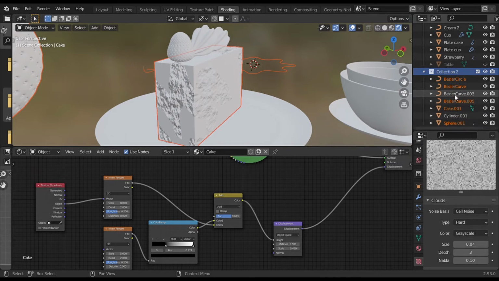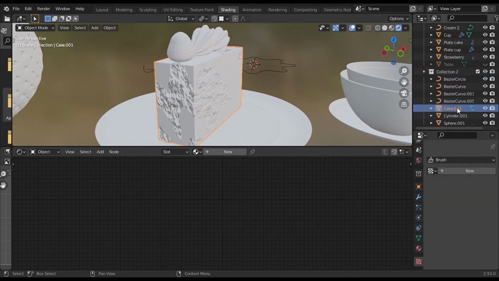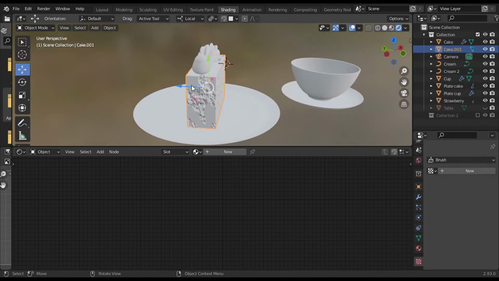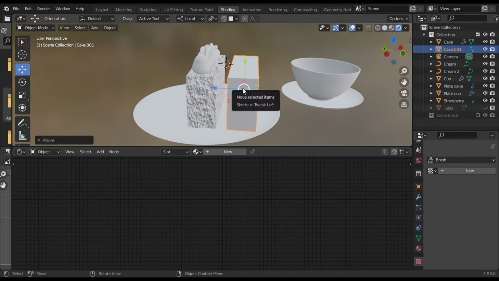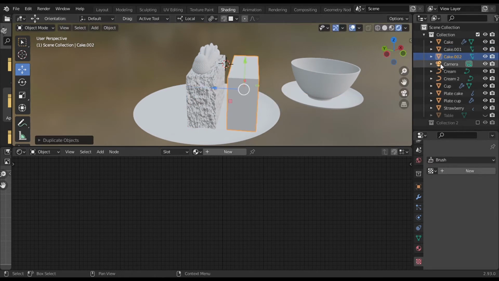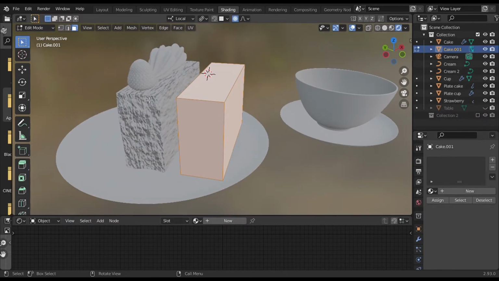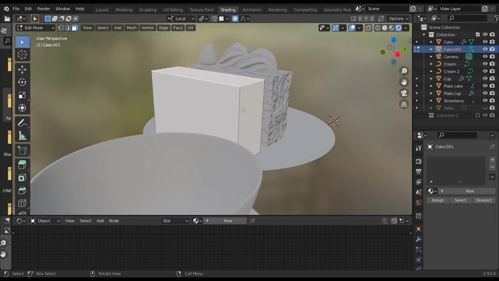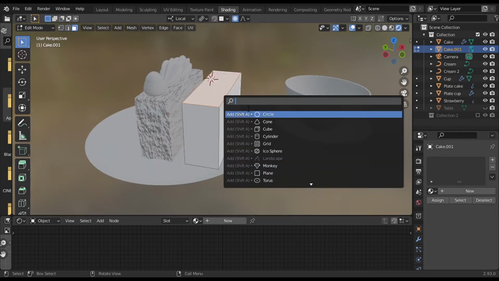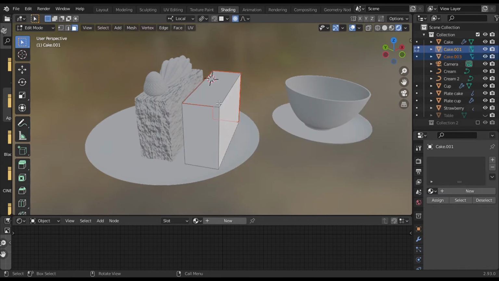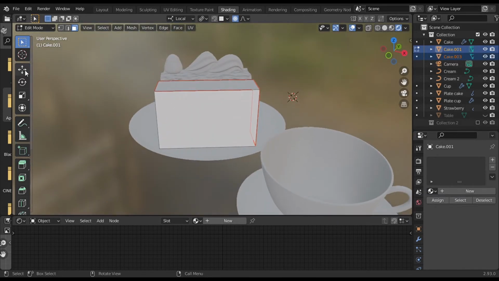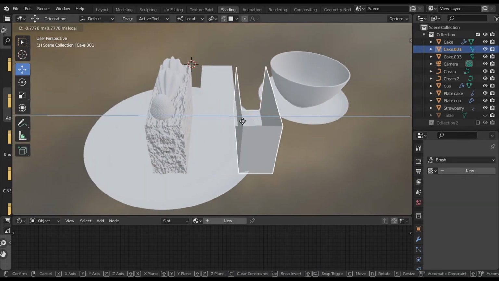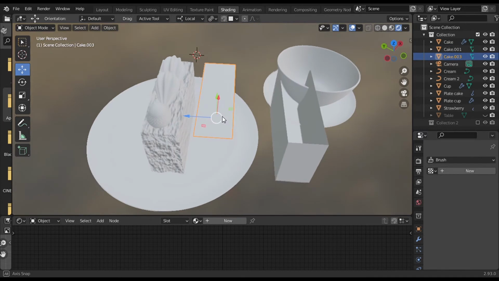For the cream on top, I'm gonna take the duplicated cake. This one doesn't have any modifiers. Gonna duplicate it and take one to my hidden folder just in case I need it again. In edit mode, I selected the top and the back and I searched with F3 separate by selection. And here we have the cream that goes on top of the cake.